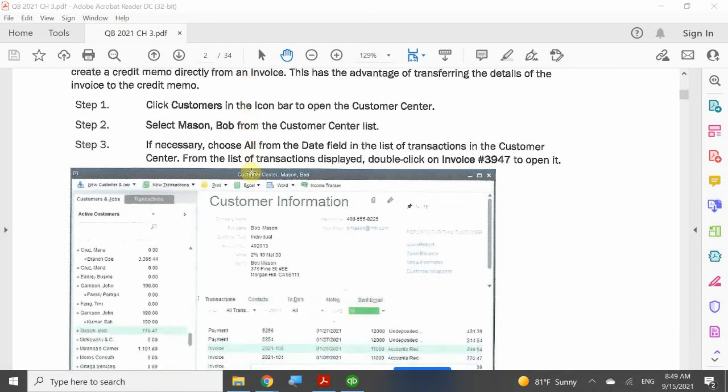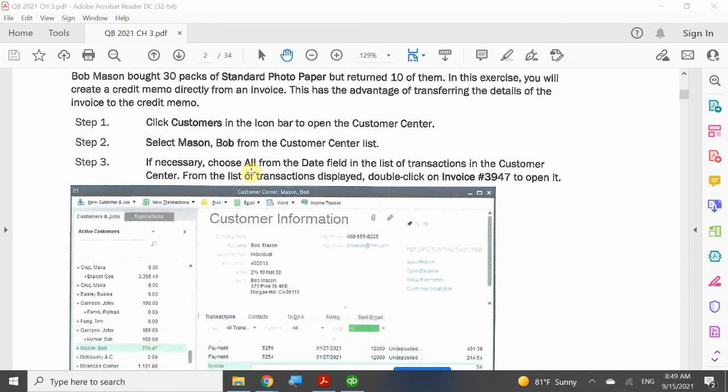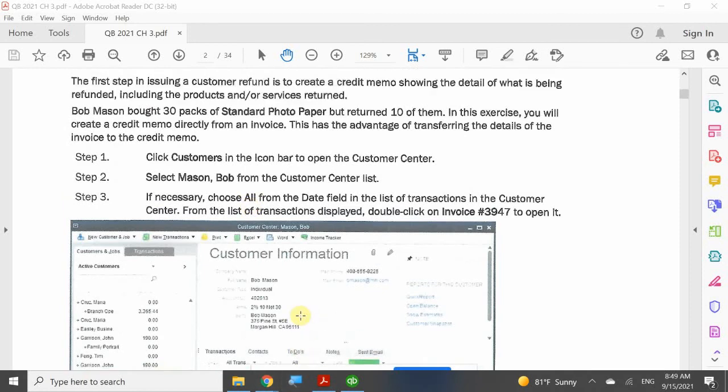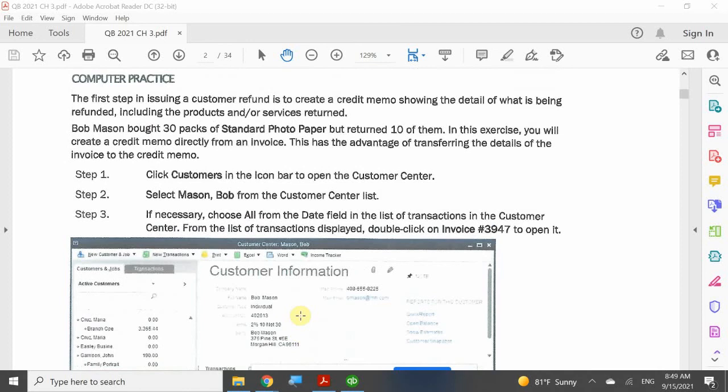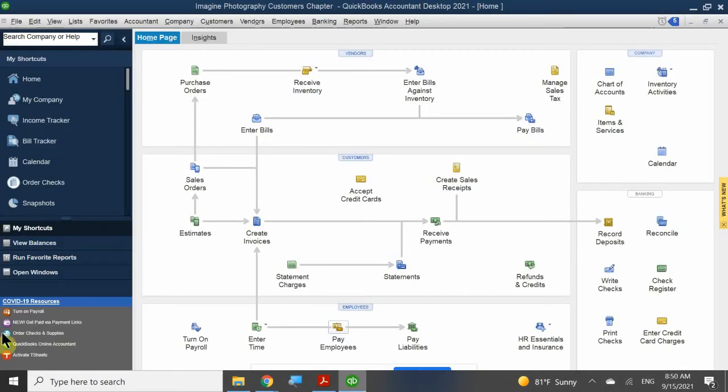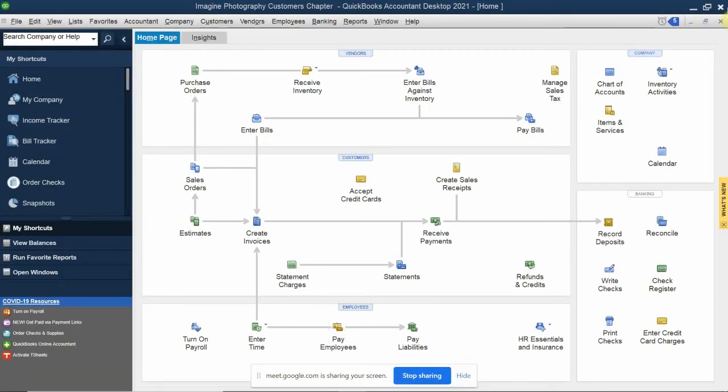Bob Mason decided to go ahead and return something to us. So here we're going to be looking up Bob Mason, and we're going to be looking at his invoice number 3947. Okay, so once again, we're here. Now, there are many ways that we'd be able to view this